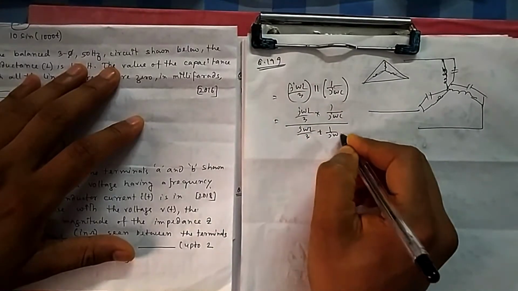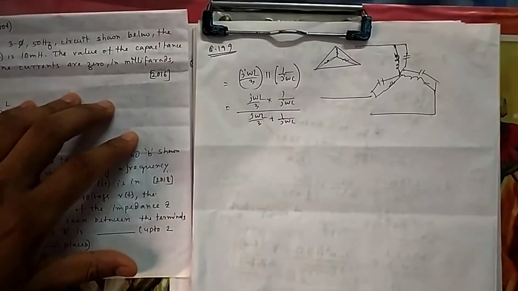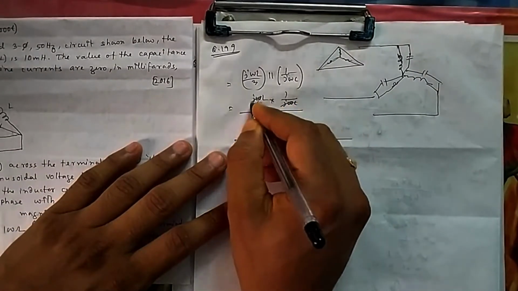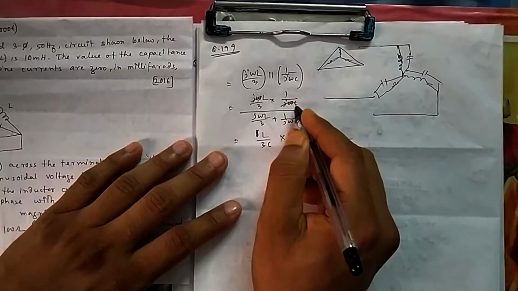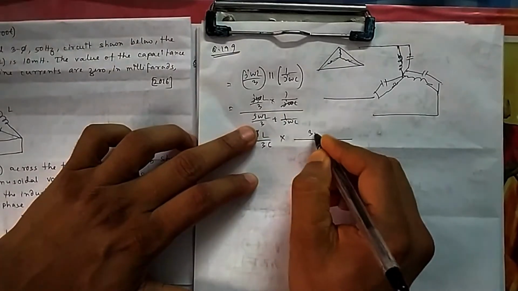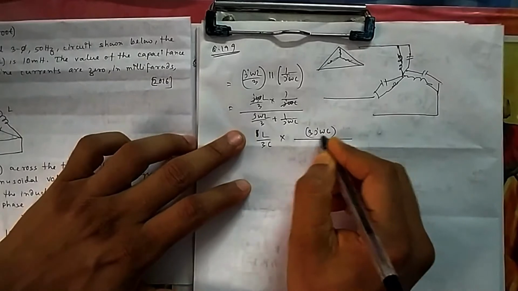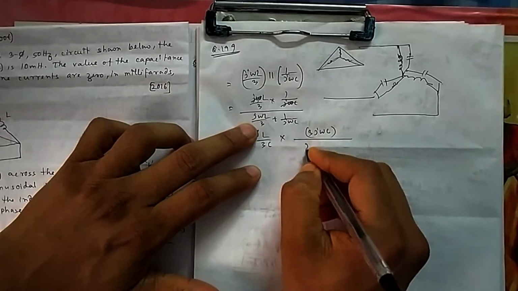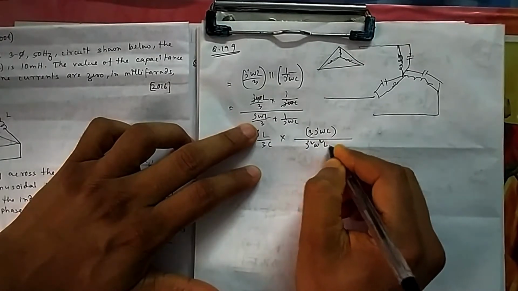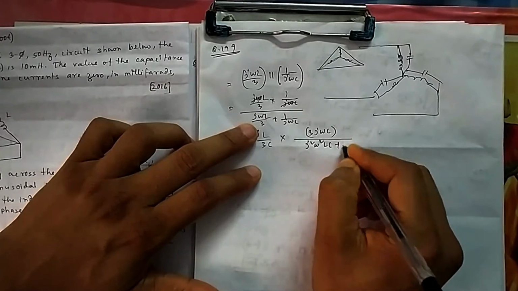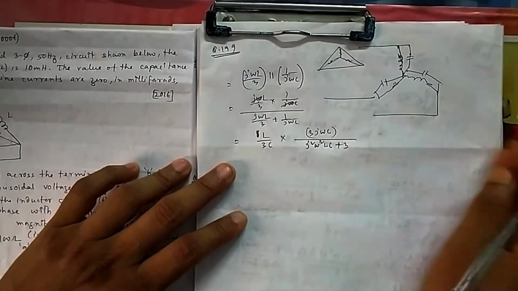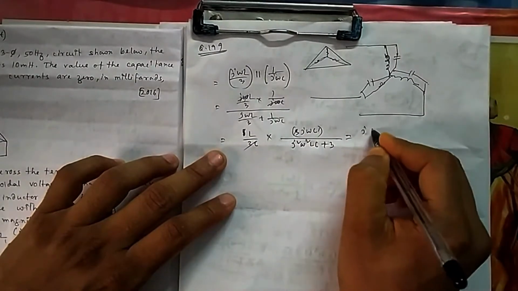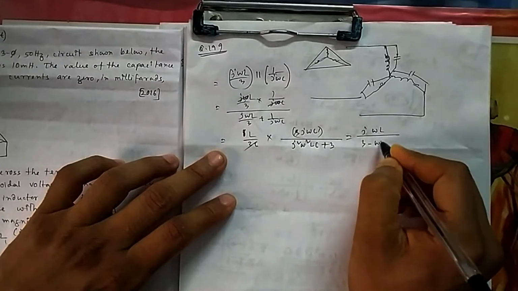You should be very clear with all the ways. You should do it in S domain also, you should do it in J domain also, and you should do the conversion also. This j omega will get cancelled, so you will have L by 3C, and from here you will find one more, 3 j omega C you will find, and then it will be j square omega square LC plus 3. So what you will be left with ultimately, you will again 3C would get cancelled. So ultimately you will be left with j omega L over 3 minus omega square LC.